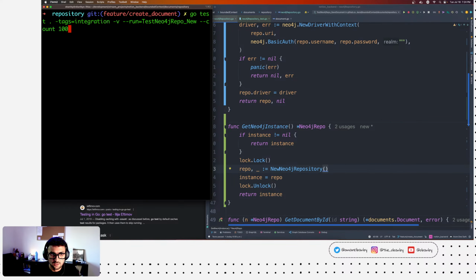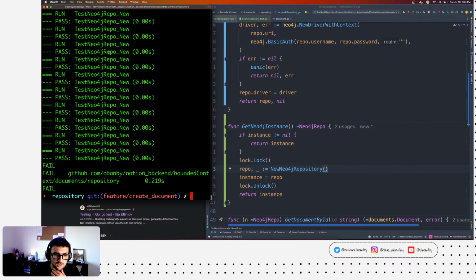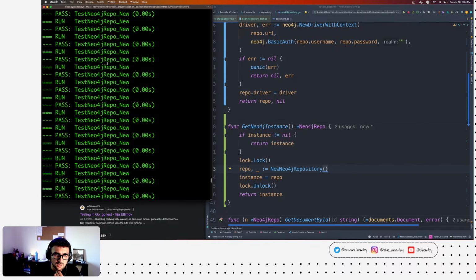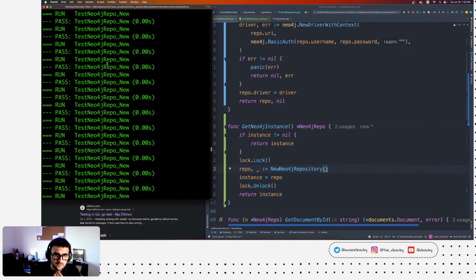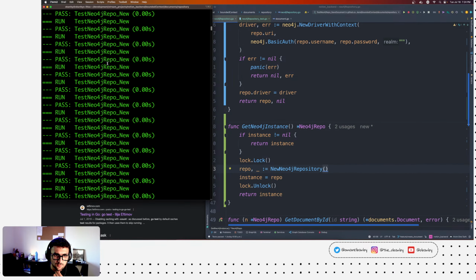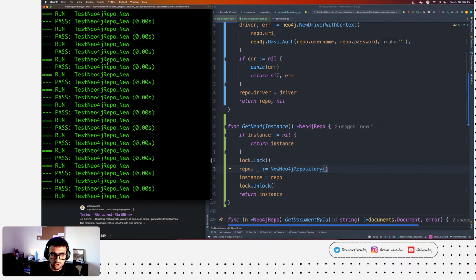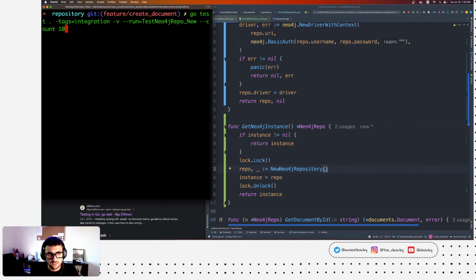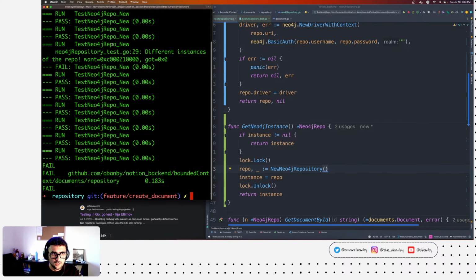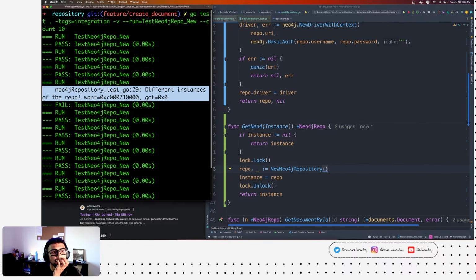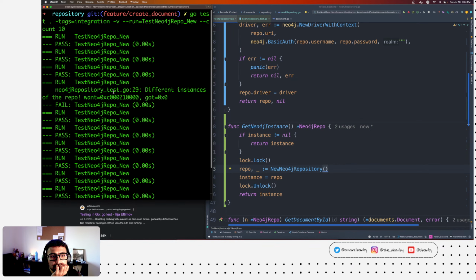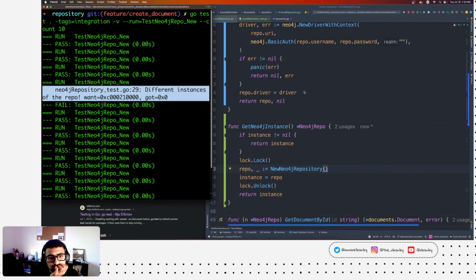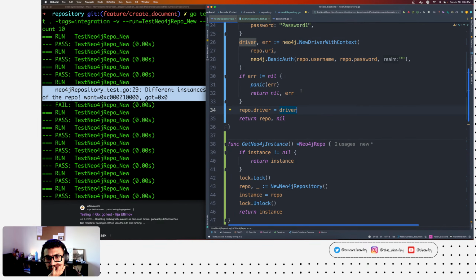Okay, one second. Let's run 1000 times. Same thing. Except now, of course, I'm not getting any useful information that I want. Great. Different instances of repo. Why are we returning nil?